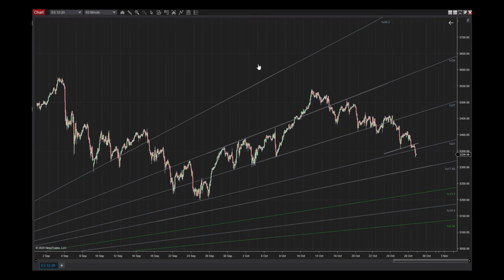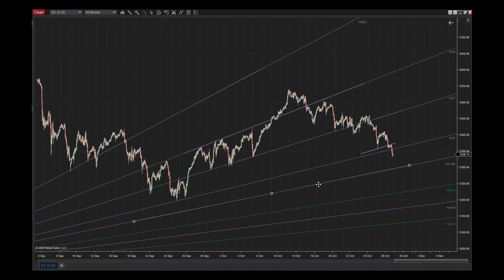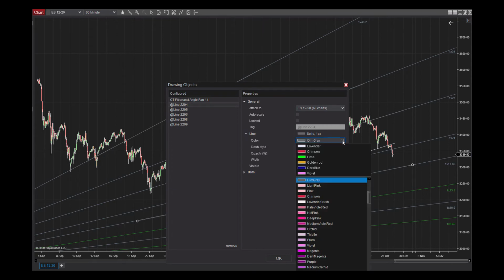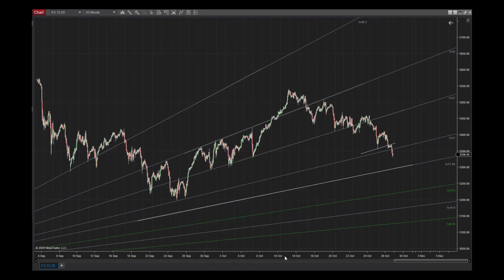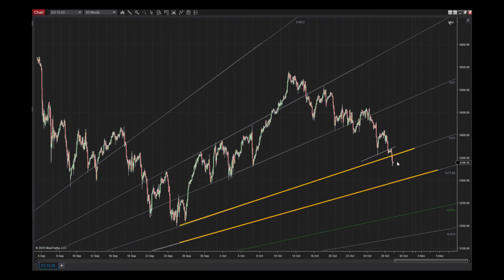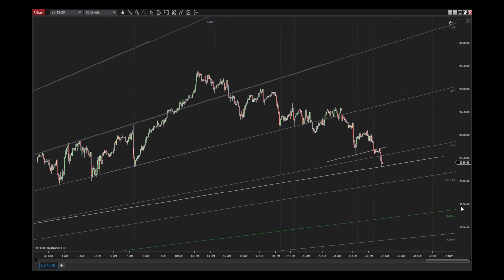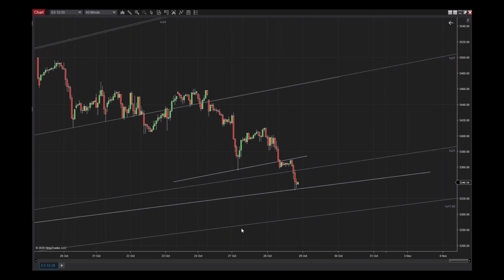So if we carry the same logic forward about paralleling whatever wedge it's in, I'll just make this a different color so we can really see what's going on here. Now, price has dropped into this wedge here. We'll take a parallel of the bottom line and we'll lay it up on whatever is near support and resistance, and if we lay it up over here, because really that is the only pivot point that we've got to lay this line up on that's in sort of near proximity, and we can see where this has pulled up